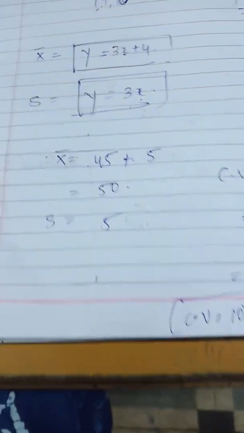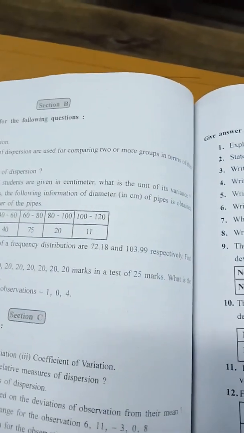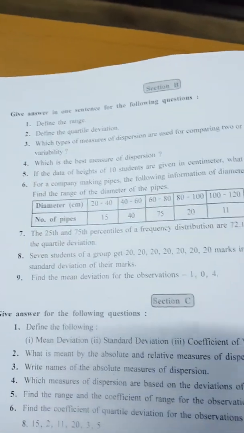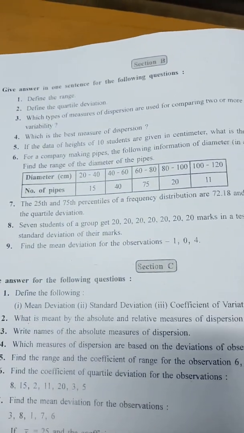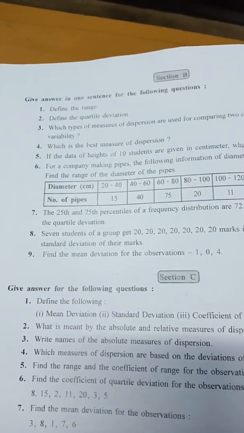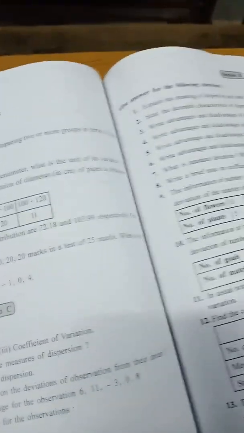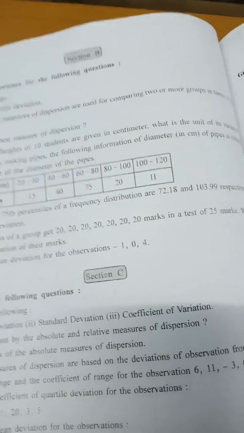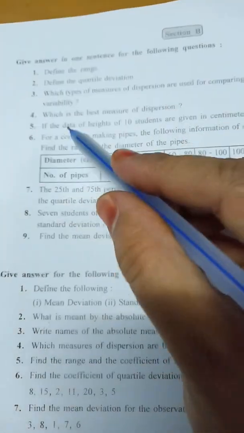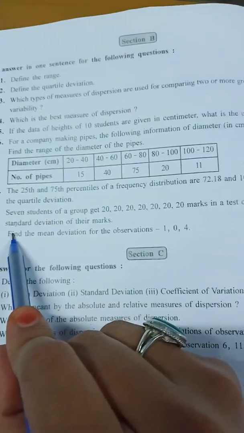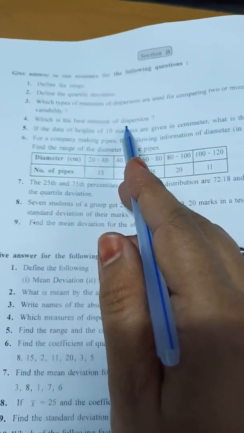Clear here? Then related to the theory, I will be giving you the particular terms. Now the sums which you have to do, I am showing you. Most of the sums you will be doing in homework. Sum number 5, 6, 7. Section B, all the sums you will be doing in homework. They are simple. Theory I will be tick marking and giving the pictures of it.